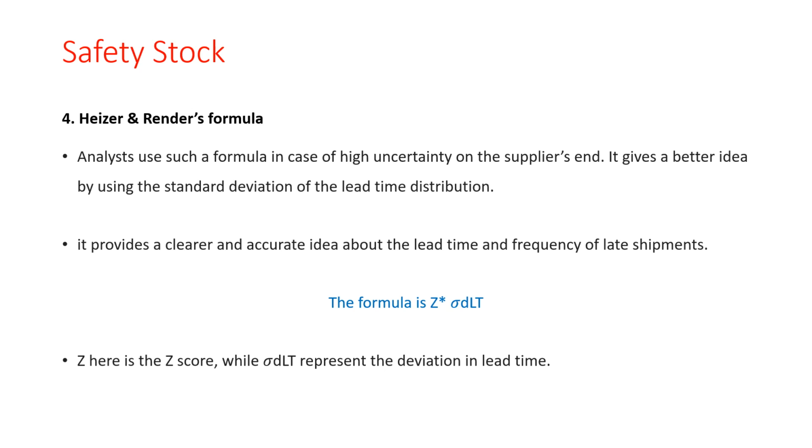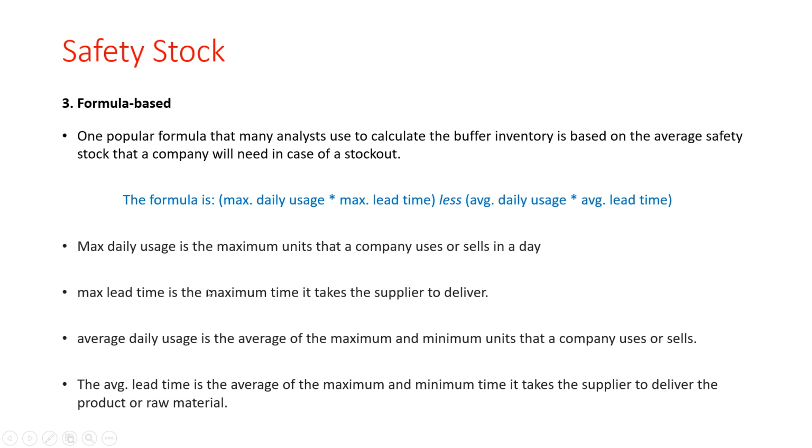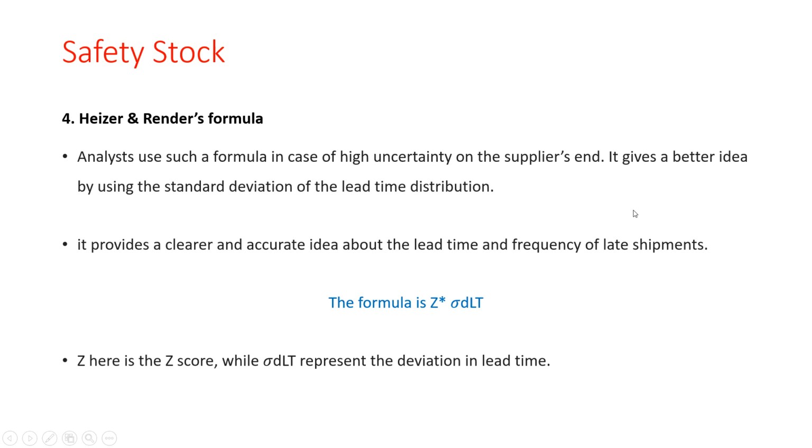Deviations in a lead time. Or we can say that sigma DLT is the variations in degree and frequency. So sigma DLT is the variations between the average and actual lead time. Here we are using lead time and average lead time. So sigma DLT is what? Variations between the average and the actual lead time.